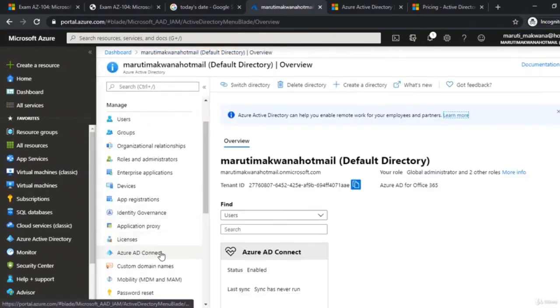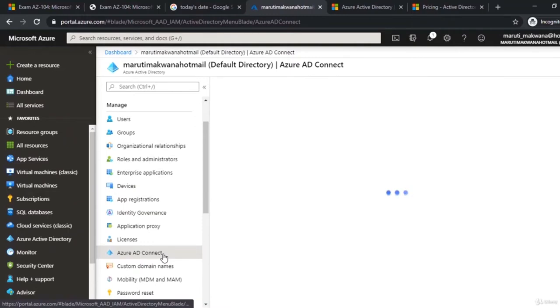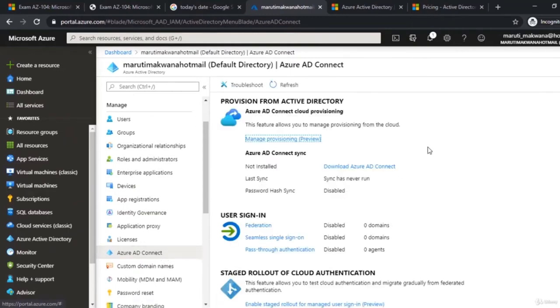If I focus on another section, which is Azure AD Connect, this is the tool which you can download from this particular link. This is the software which you can download and install on your server, and then your server can synchronize with Azure AD. This is simply used by administrators when they want to synchronize their organizational server with Azure AD. And the moment you install and configure this, your services like ADFS can also associate with Azure AD.